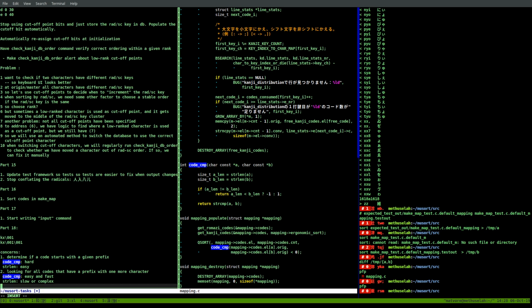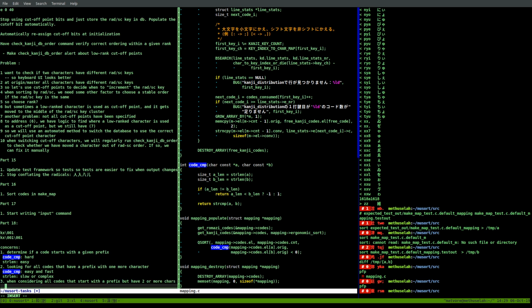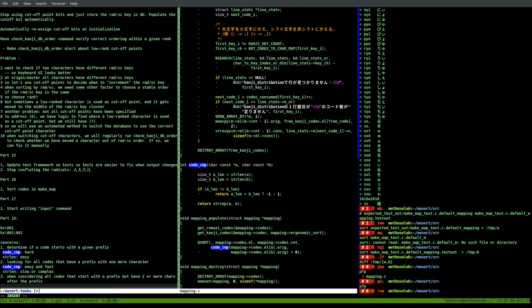So yes, the other concern is when considering all codes that start with a prefix but have two or more chars in it after the prefix. This is if we want to kind of give the user a summary of what they can type if they type two more characters. So with